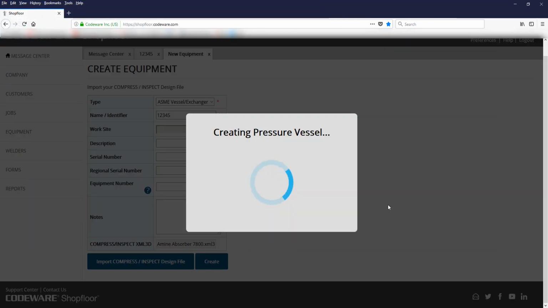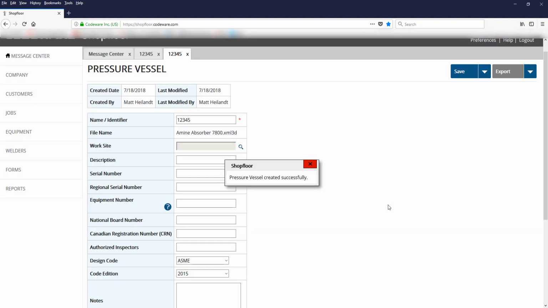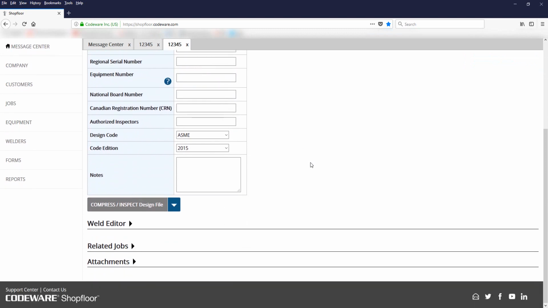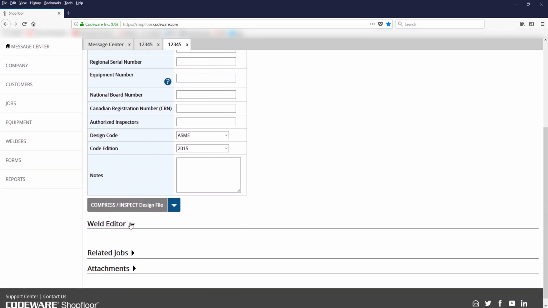What this is going to do is identify all the longitudinal, circumferential, nozzle welds, all of the welds that we specified in Compress are being identified in Shopfloor right now. So you don't need to recreate any welds or vessels within the program. So great, it's been brought in. Now if I come down to my weld editor,